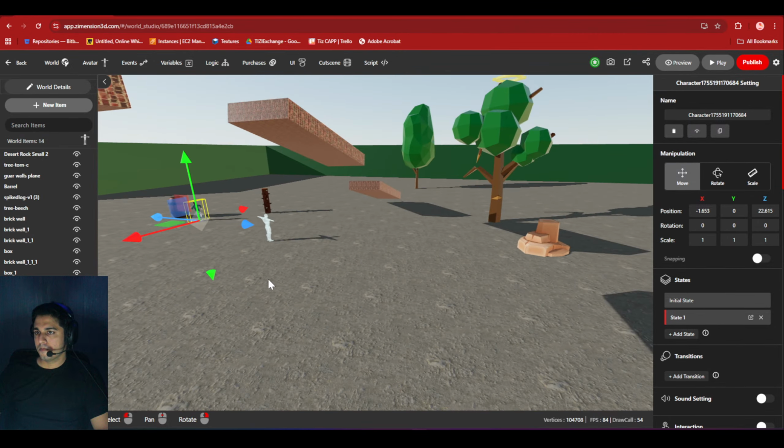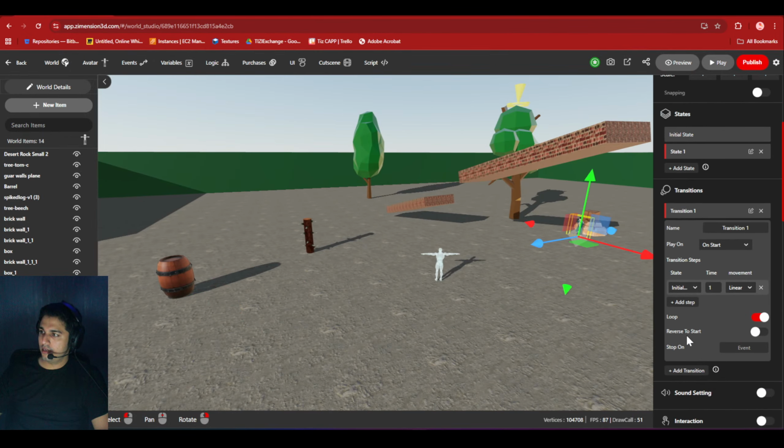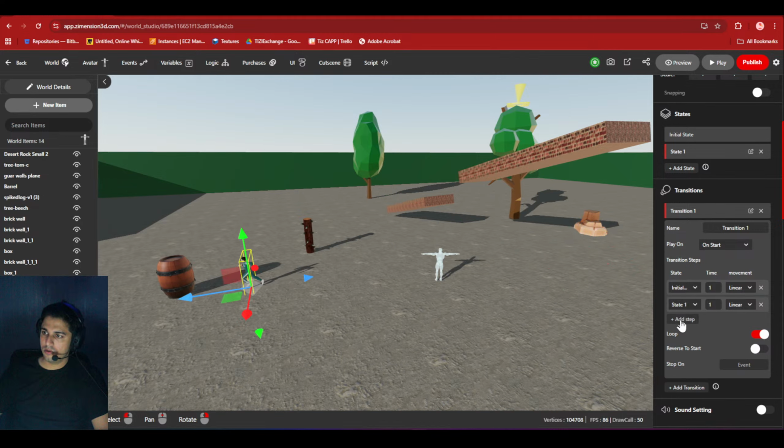And in transition, I need at least two states. So he's running pretty fast. Let me add 8 seconds. It's too slow. Let me add 6 seconds. Okay.